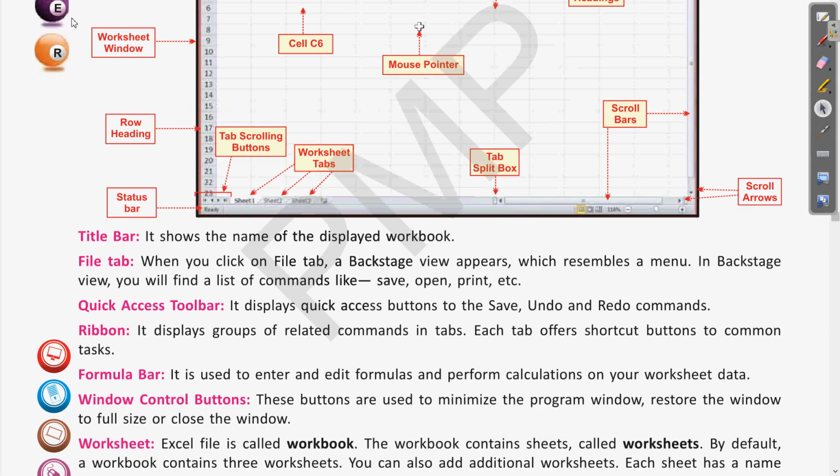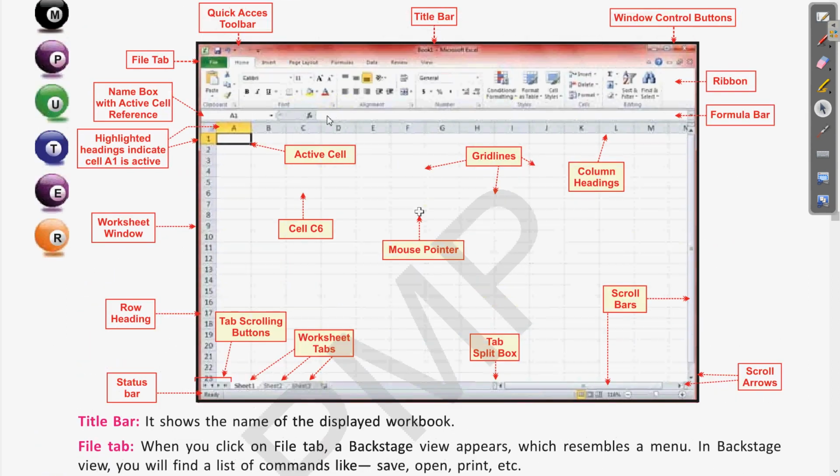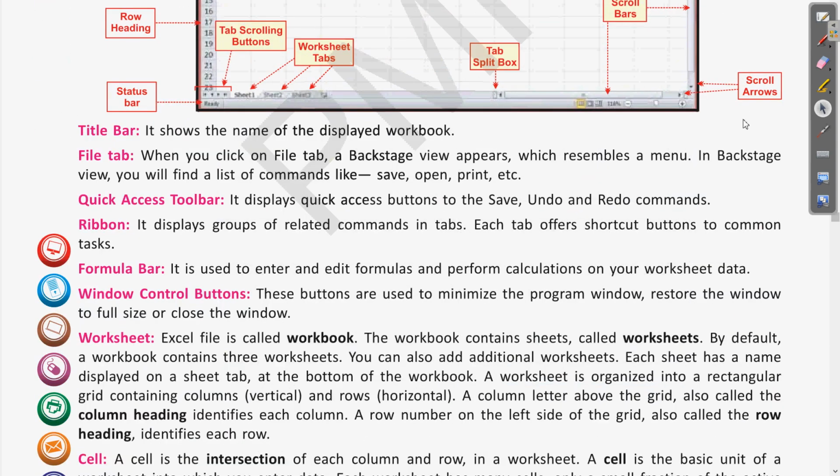Now next is formula bar. So what is formula bar? Formula bar is present here. You can see where it is written fx. So whatever different functions or formulas we are willing to write, this can be written here. It is basically used to enter and edit the formulas and perform calculation on your worksheet data.